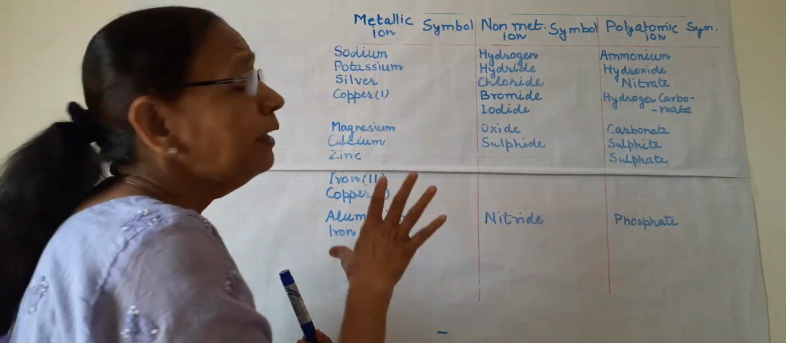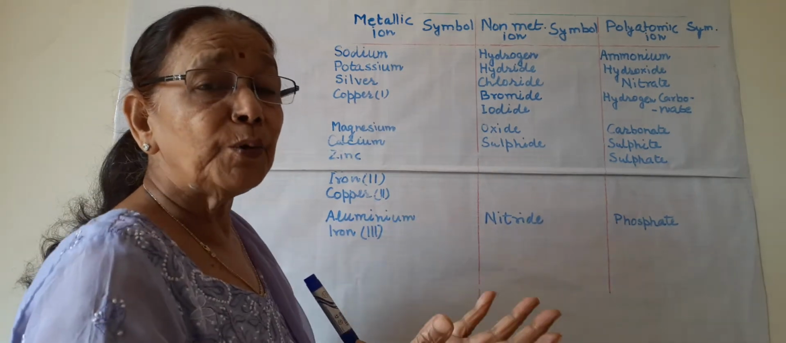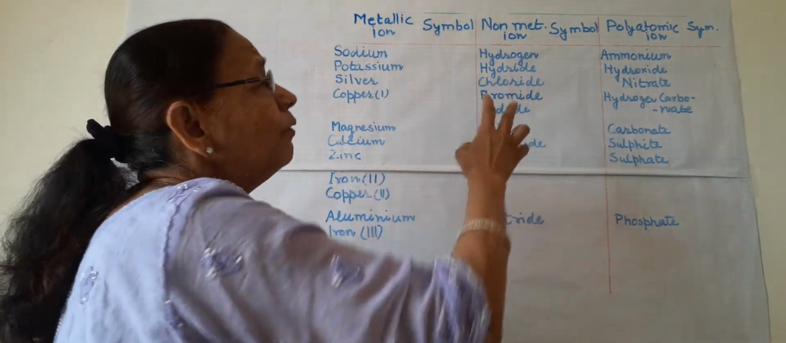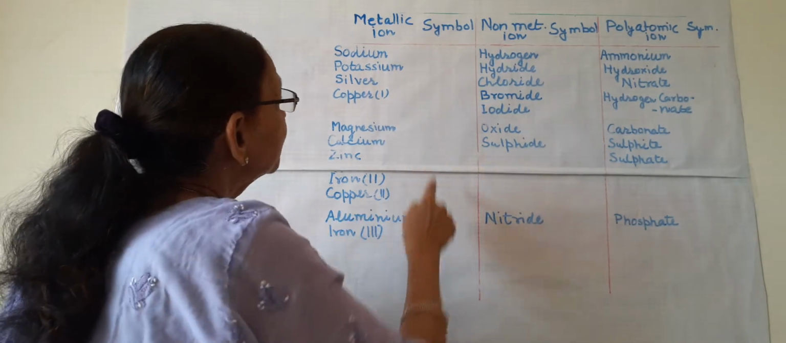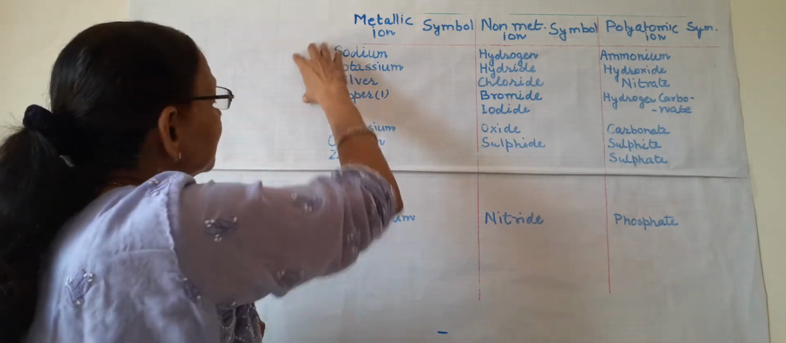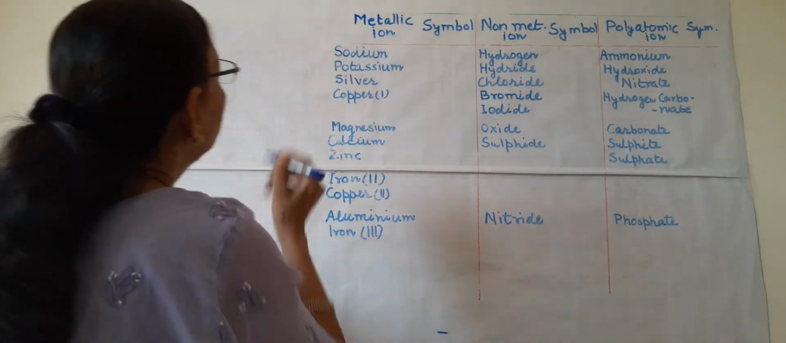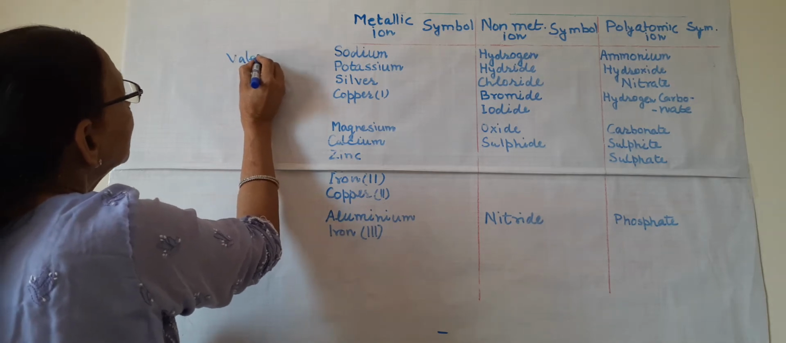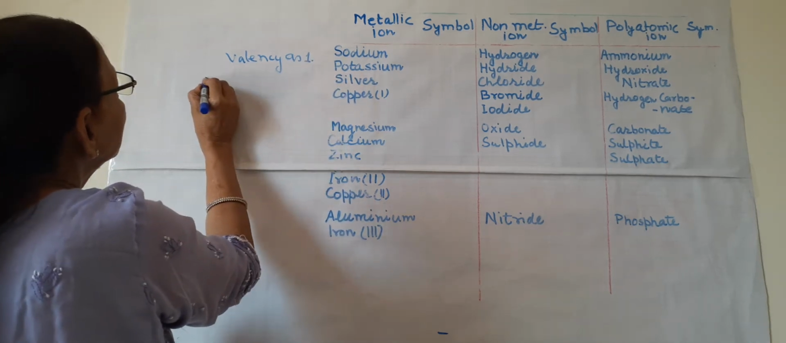So this is a chart of symbols of some elements. Symbol is of element, formula is of compound. So for element we say symbol, for compound we say formula. So first we will give some symbols of some elements and their valencies. So valencies can be divided into three parts. This is first, second and third. First, these elements having valency as 1, or they are known as